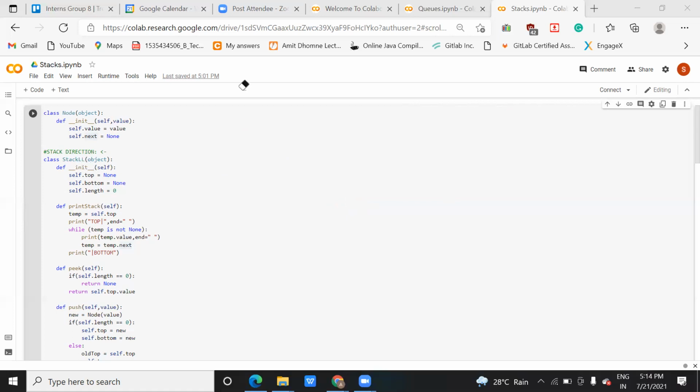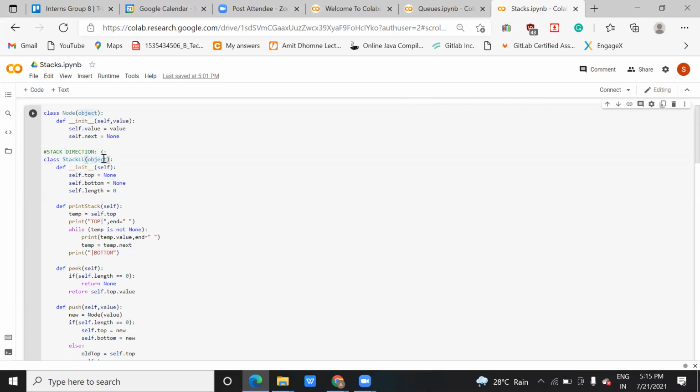Let me close this first. When you put the cursor here, this is the Stack LL class. I created it and I'm passing the object. Object means the data that is going to be saved on the stack.